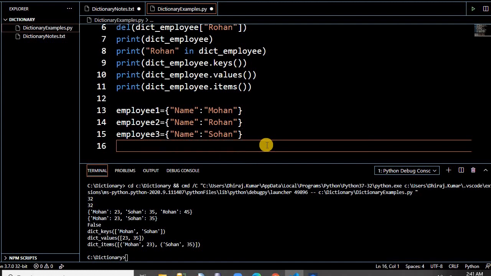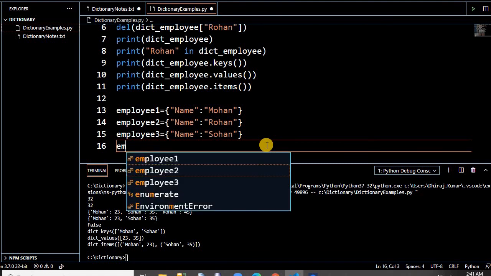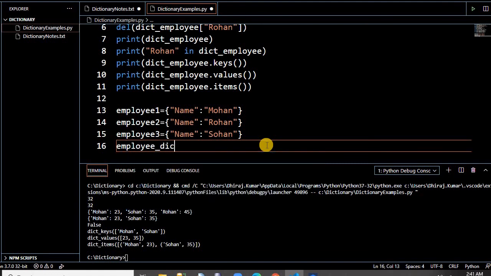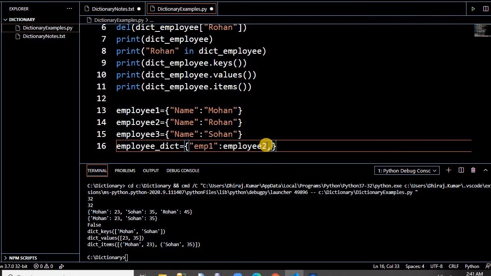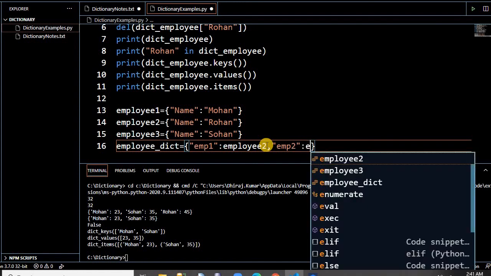And I want to create a dictionary with the help of these dictionaries. So let's say the final employee dict is equal to, emp1, and directly pass employee 1. Similarly for emp2, you can pass it.